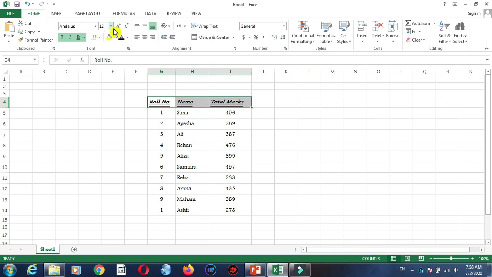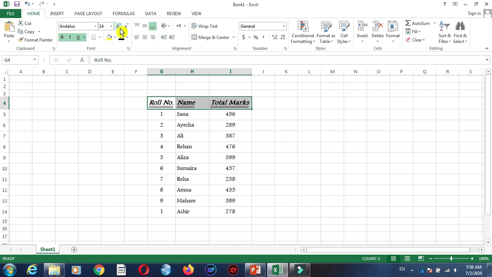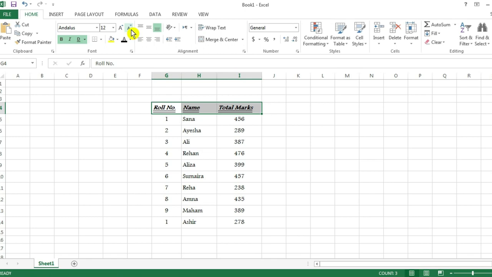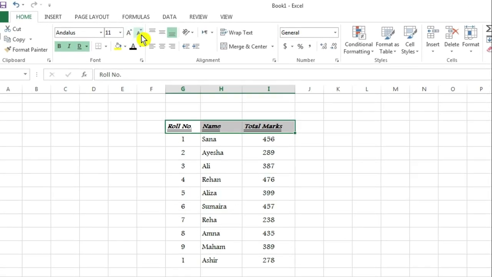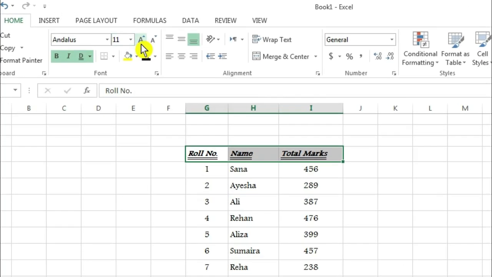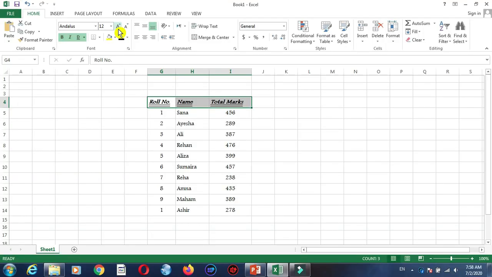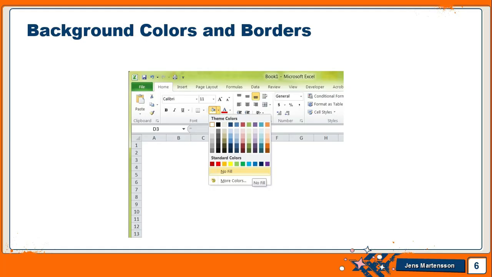So we have learned so far that there is an option to increase the font size, but we can also increase font size by pressing this button, grow font size and shrink font size. If I press this button, it will decrease its size, and if I press this button, it will increase font size.